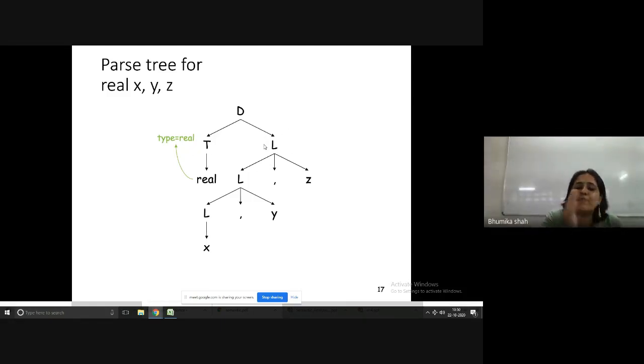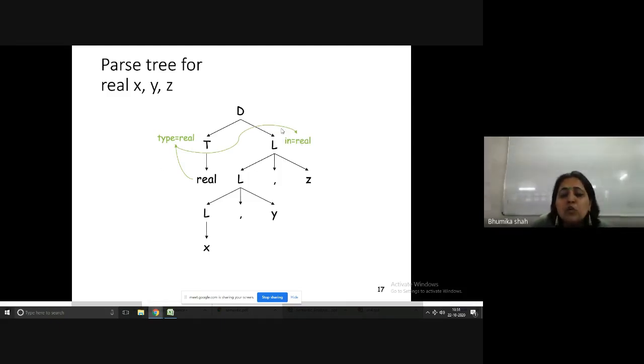Means if suppose you have statement integer a comma b comma c, then a b c is a list. It will have data type, whatever data type the type variable has. In our case, the type variable has the data type real. So it is going to be assigned to the entire list. You can observe over here the data type is assigned from sibling. Hence, it is inherited value, inherited data type. So we have used the attribute dot in over here, and the value is real itself.